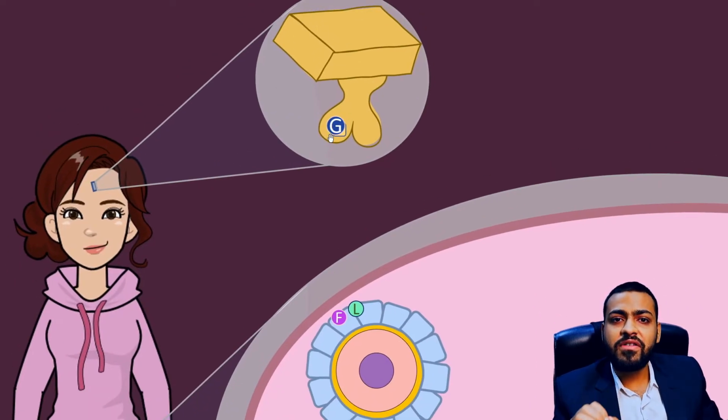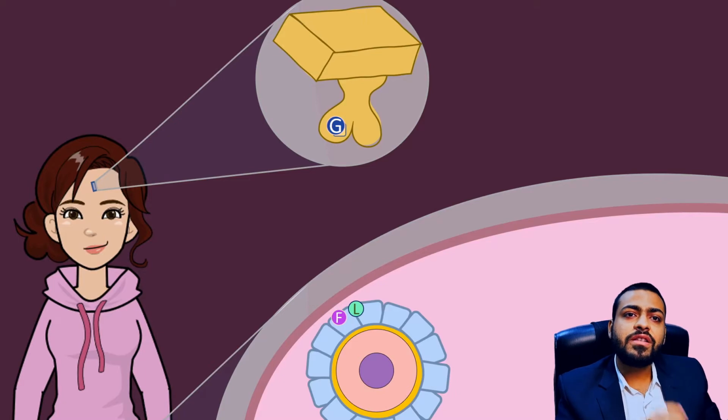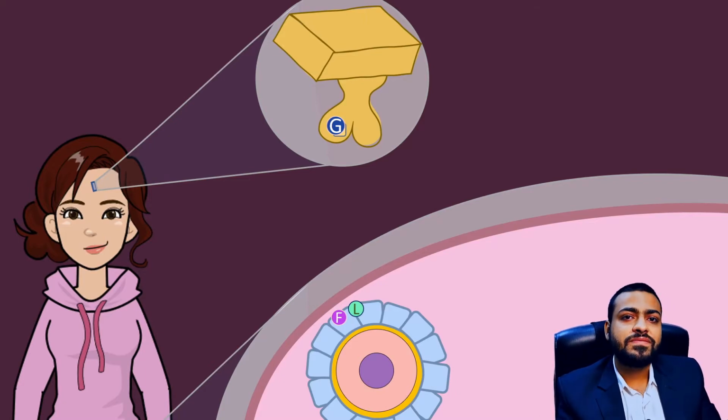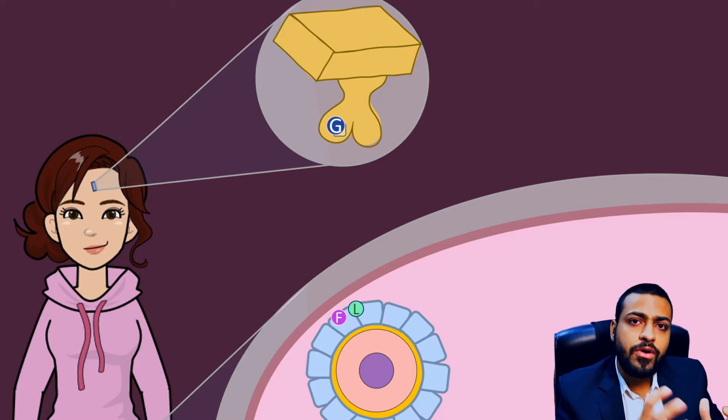They are released from the anterior pituitary, but they are released on the order of the hypothalamus. And the hypothalamus is a very small part of the brain. It is the size of about a fingernail, and it is a very important part of the brain. Rather, I should say, it is a very important part of your whole body. It has many different functions, and it has some role in your mood as well as in the control of